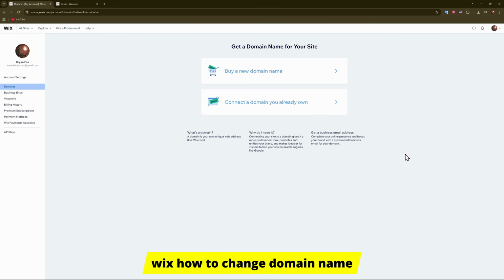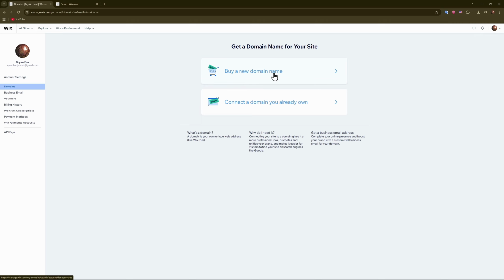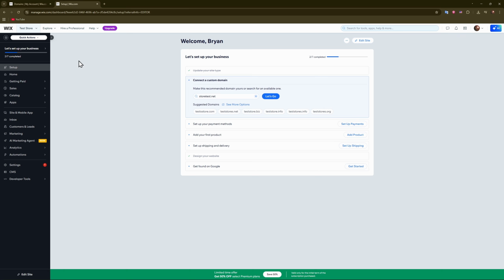In this one I will show you how to change your domain name on Wix. So guys, of course, you need to understand that domains are not free, you have to buy one. So if you already have one or you can afford to buy a new one, you can actually choose the domain, but either way, in order to change the name of the already existing domain, you just go to your